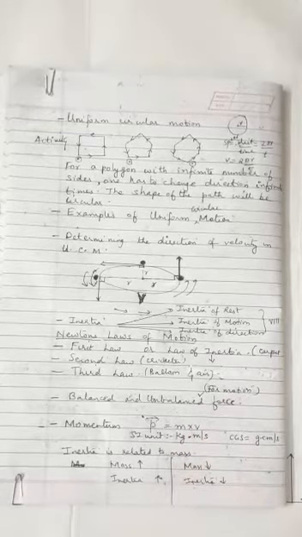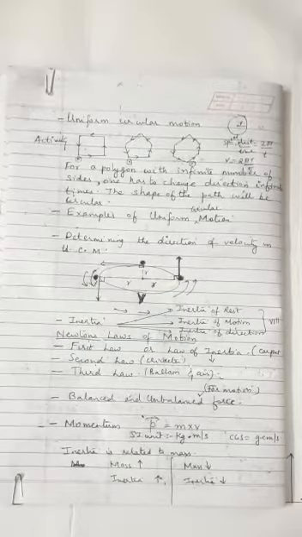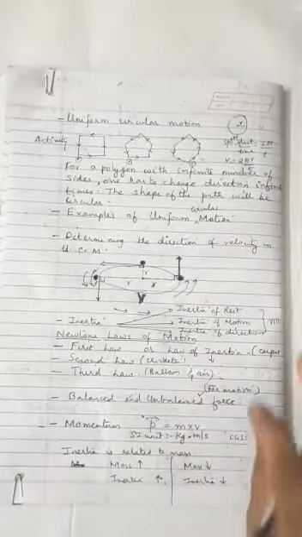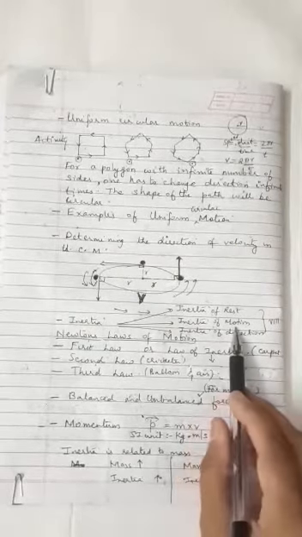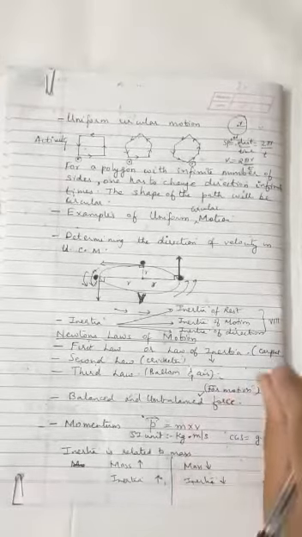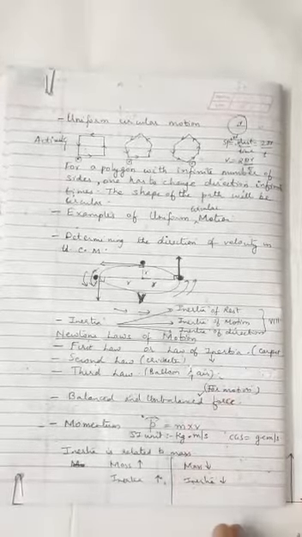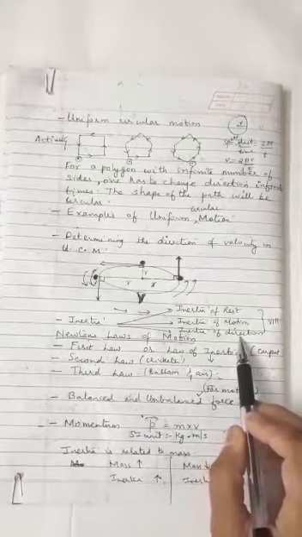I have a ball which I am allowing to move along a frictionless, smooth surface. I am applying force to stop the ball, but still the ball will continue in its state of motion. Children, that is called inertia of motion. And when such a ball is moving on a frictionless surface, I apply force so that there can be a change in direction. But the ball doesn't change direction. It continues to move in its forward direction. Such an inertia is called inertia of direction. I hope it is clear.